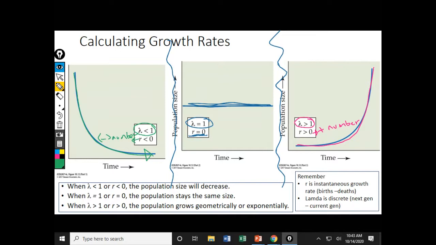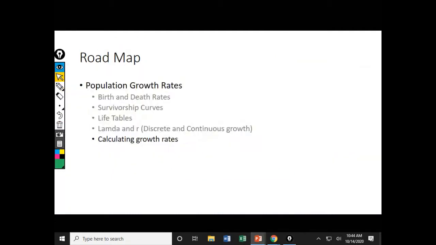Any questions about the definitions or how we want to look at lambda versus R? Feel okay? Let's